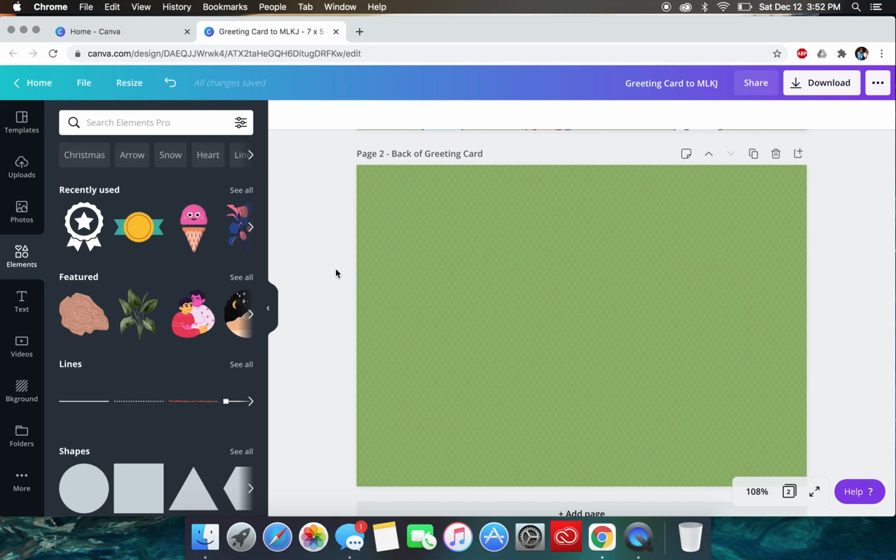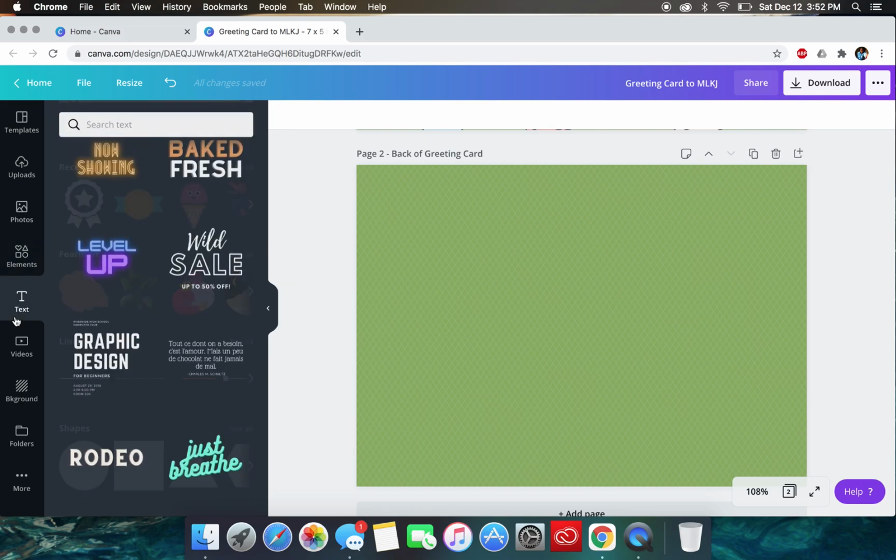So next I want to copy and paste my letter that I wrote to Martin Luther King Jr. and I want to paste it on here. Sometimes it's easier to copy and paste if you have your letter already written in a Word document. That way you can make sure that it doesn't have any errors, anything grammatical that you need to change. It would show up on Word. It shows up on Canva too, but it's just easier to work with something that you know first. So if you have a Word document that you typed up already, go ahead and copy and paste. If not, you're going to go over here to this text selection again,